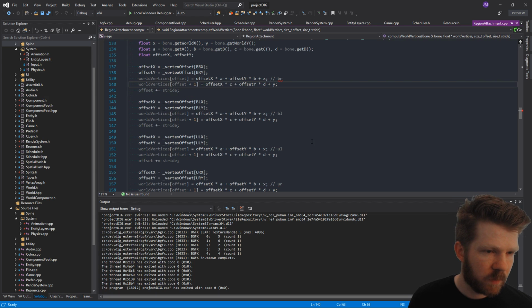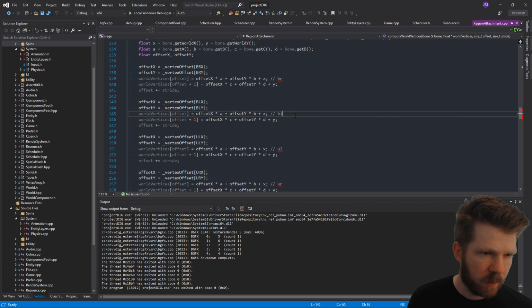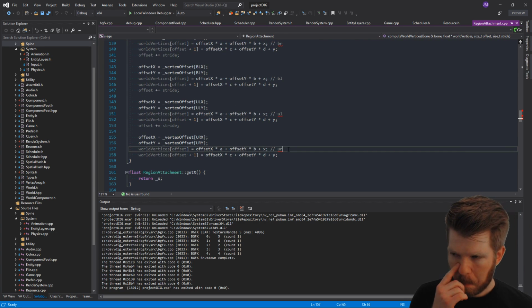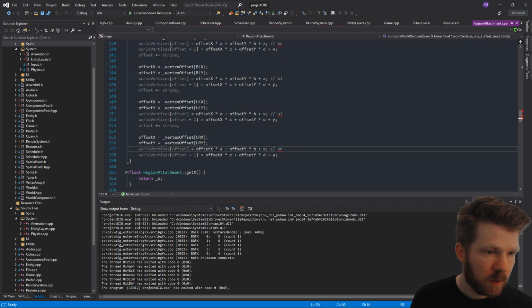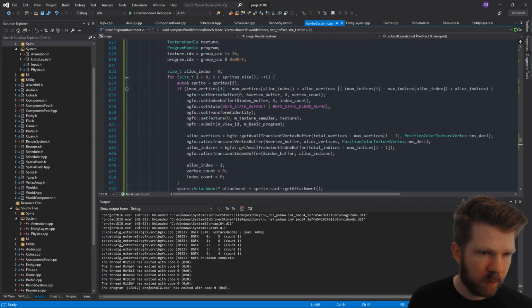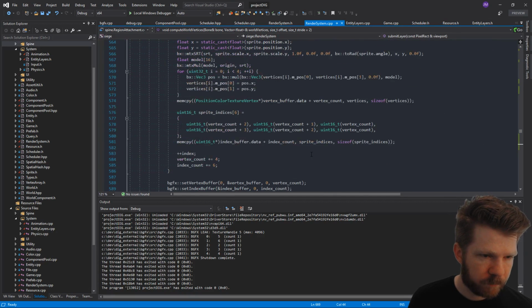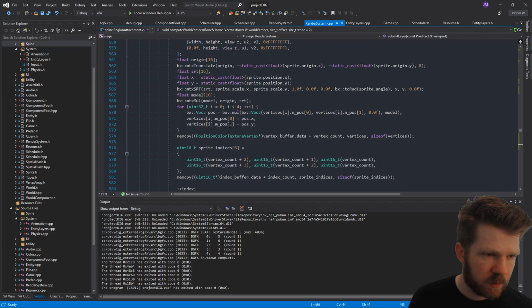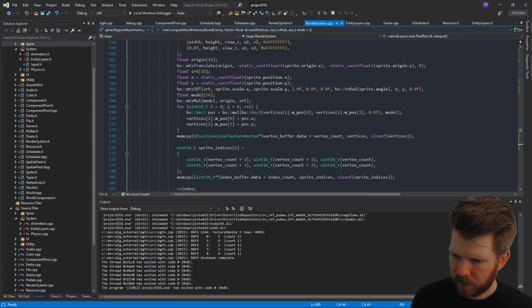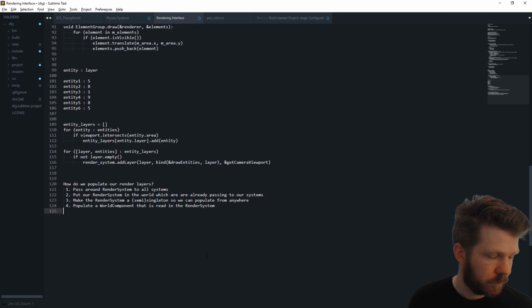Yeah, so here, this is immediately something I can see that's different. It's bottom right, bottom left, upper left, upper right. So let's try to match that up to what we were doing for our normal sprite, which is, okay, I need to write this down. Okay, so our normal sprite is,